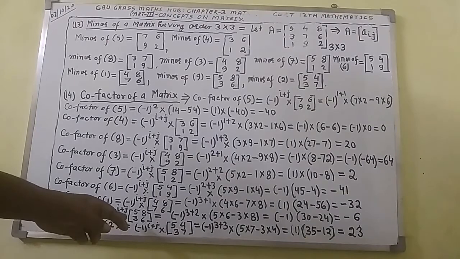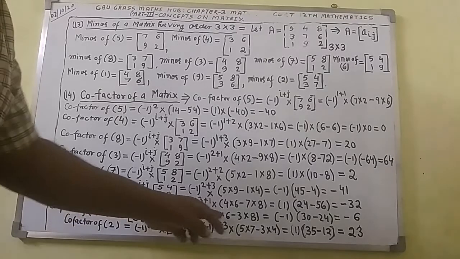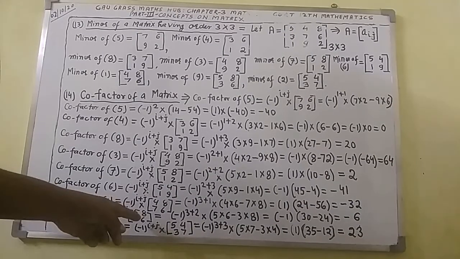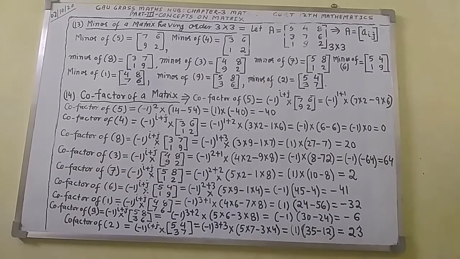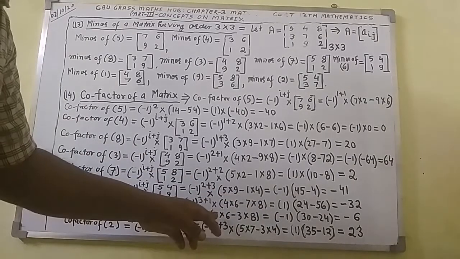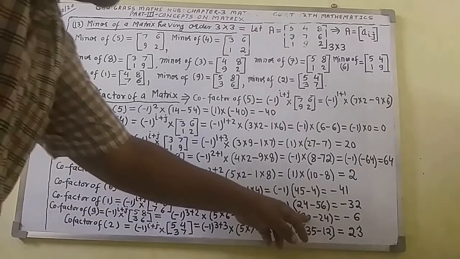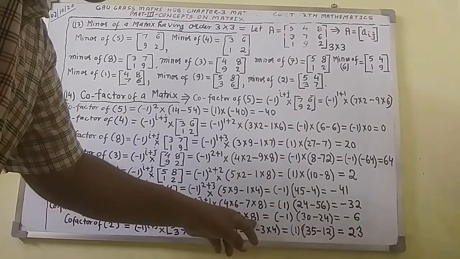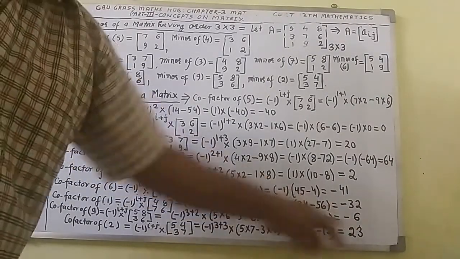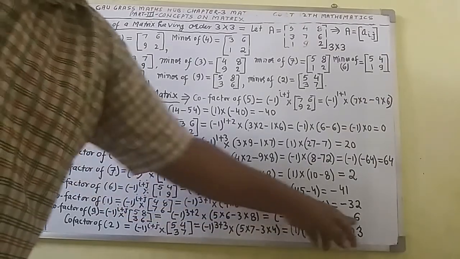And the elements of the principal diagonal will be multiplied first. 5 will multiply 6, minus, thereafter the elements of the reverse diagonal will multiply. 3 will multiply to 8. So here minus 1 raised to power 5 comes out to minus 1. And 5 multiplied by 6 comes out to 30, minus 3 multiplied by 8 comes to 24. So 30 minus 24 comes out to 6. Minus 1 will multiply, you will get here minus 6.